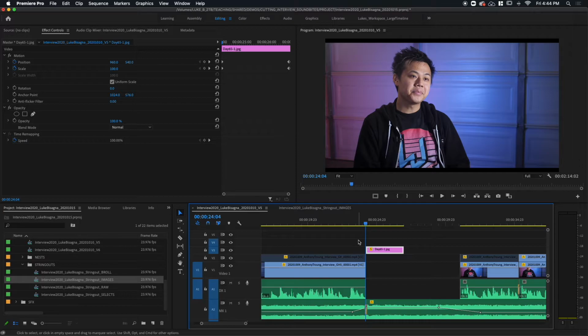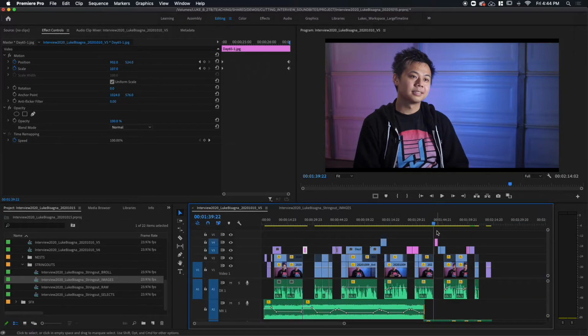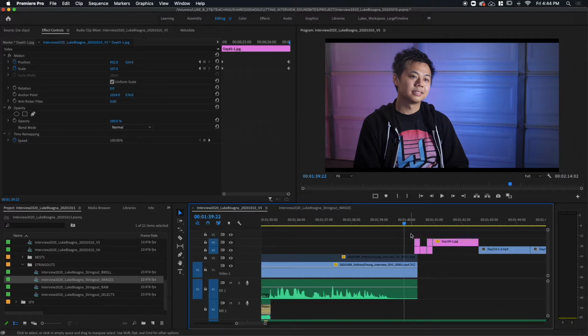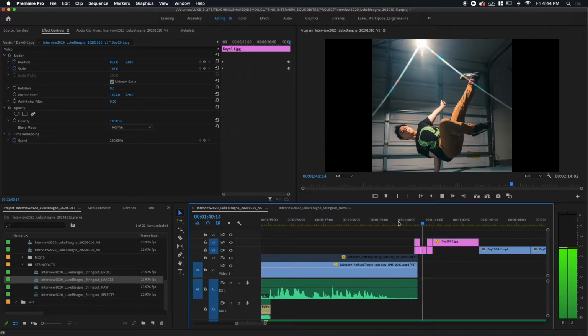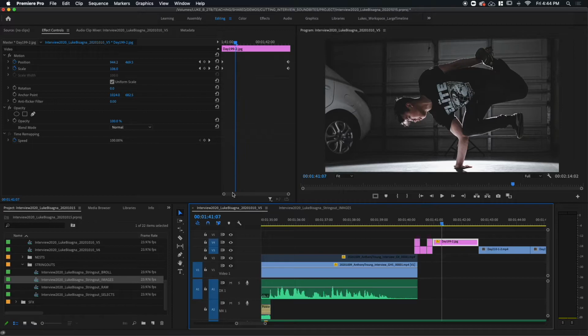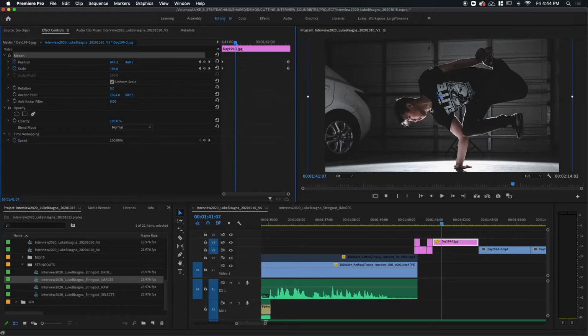So let's go to a latter portion of the sequence here, and you can see something else I've done with the images. This is a quick cut little sequence that's tied to a little bit of a drum roll. Let's check it out. Okay, so you can see on the last image here that we hold on, I've done the same thing where I've got keyframes on scale and position. It's growing and moving slightly up and to the left.